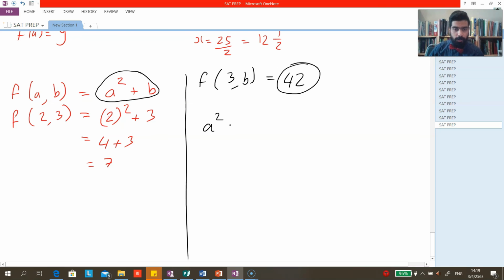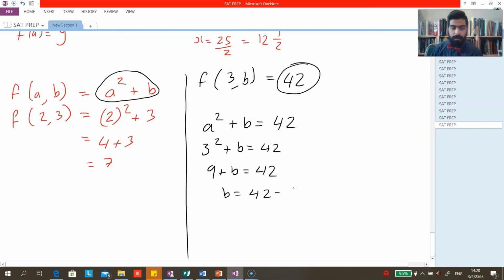So in other words, we have that a square plus b is equal to 42. And we see that a is equal to 3, so we have 3 square plus b is equal to 42, and 9 plus b is equal to 42. Therefore, b is equal to 42 minus 9. B will give us 33. Okay, guys, b is equal to 33. Now, we have finished with